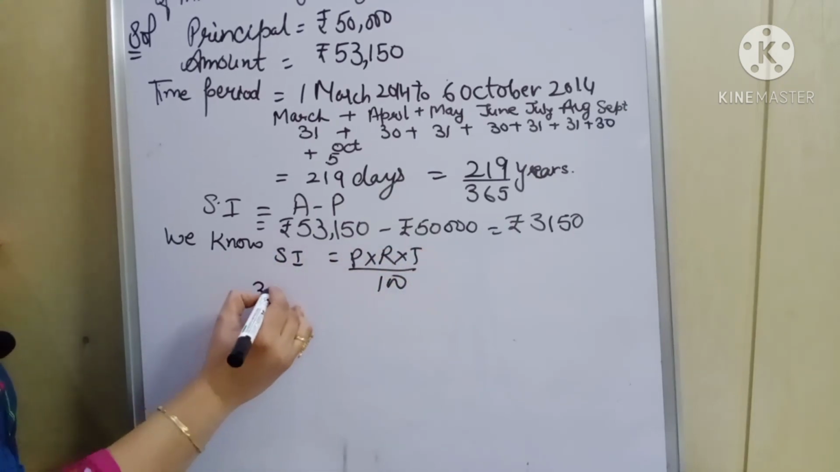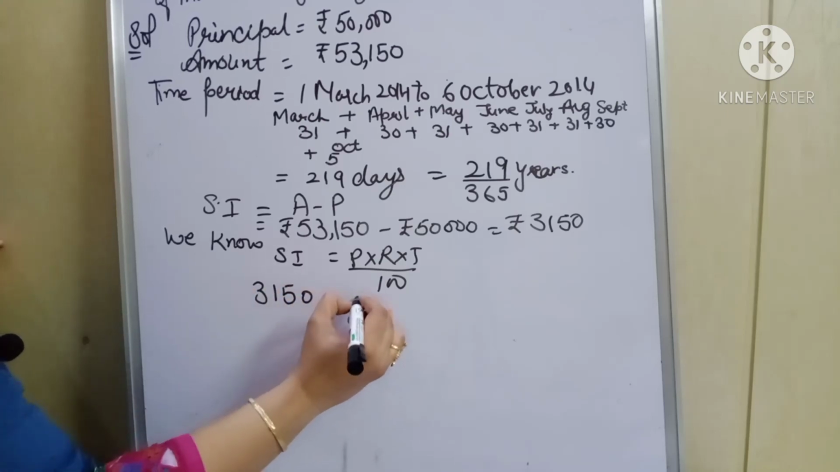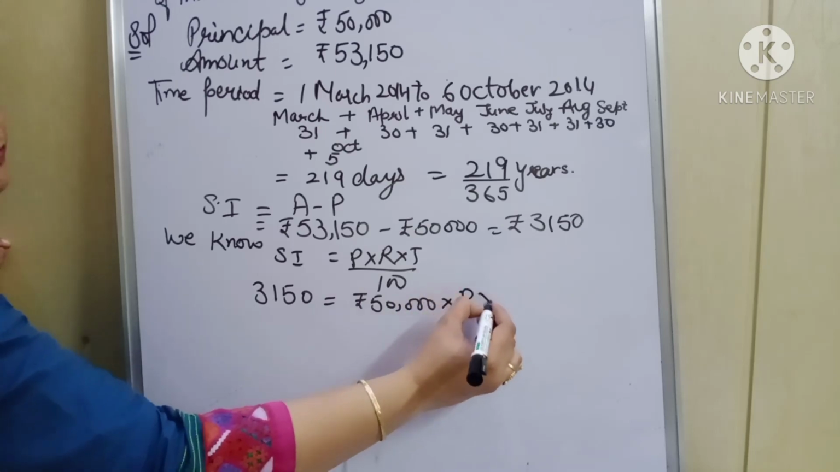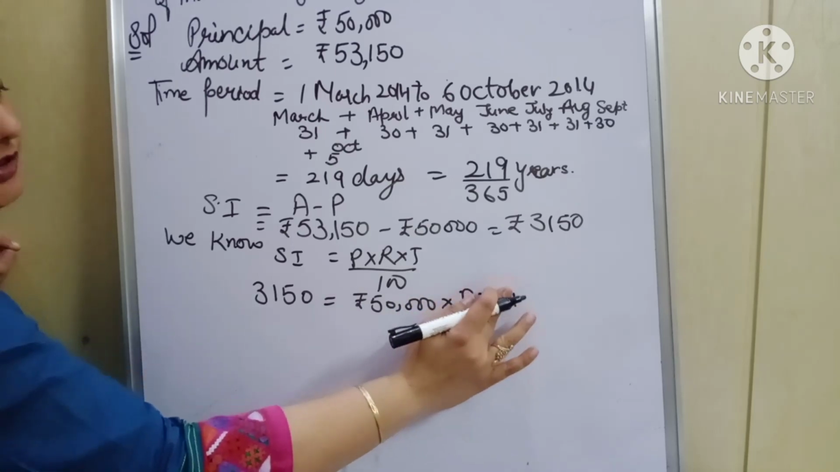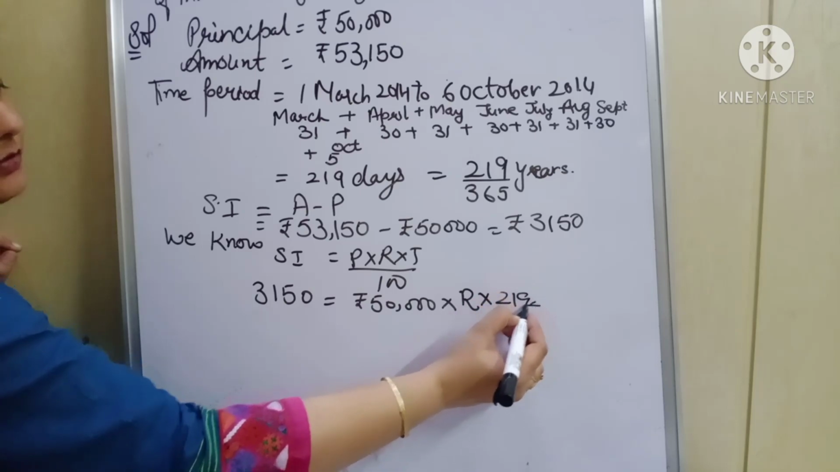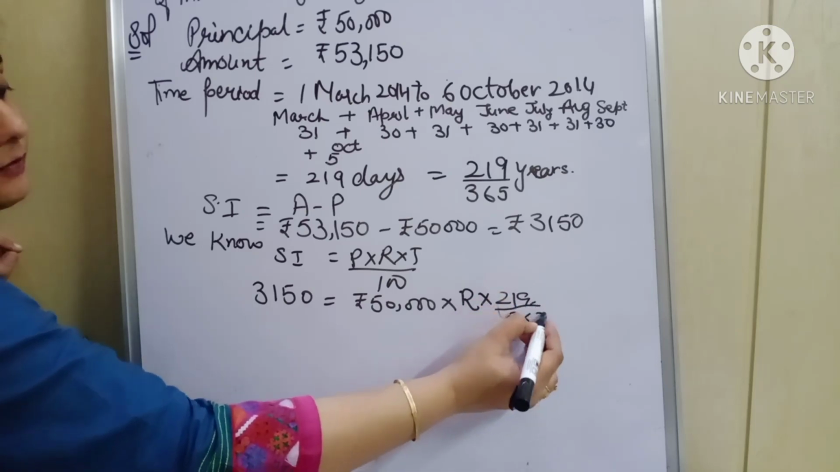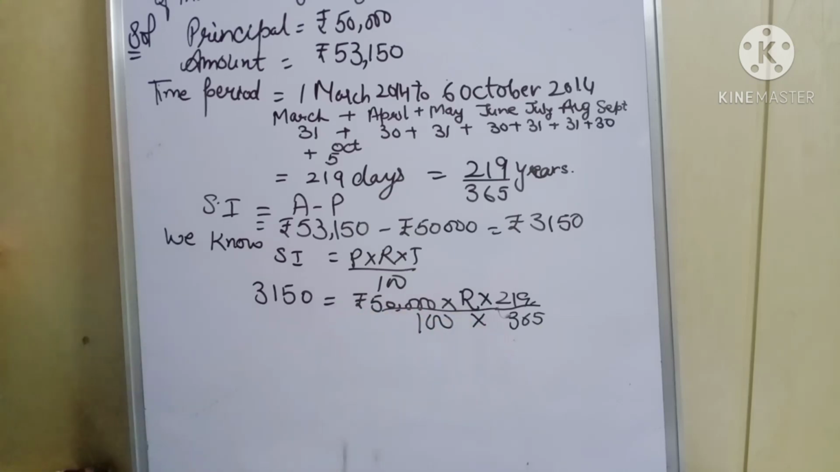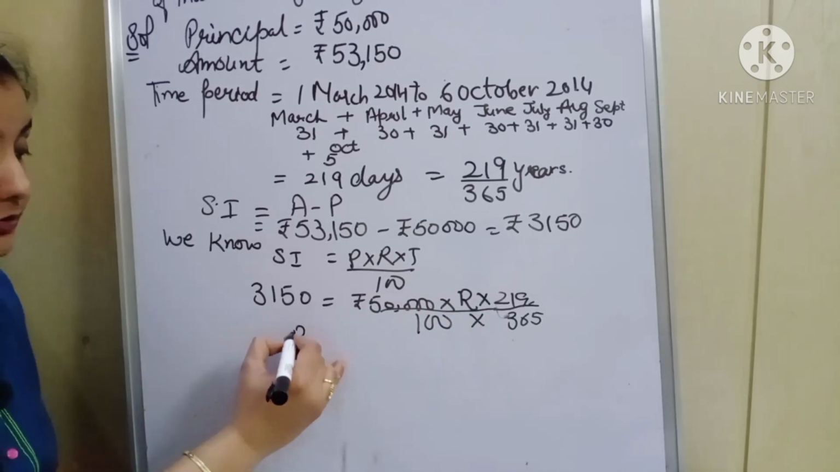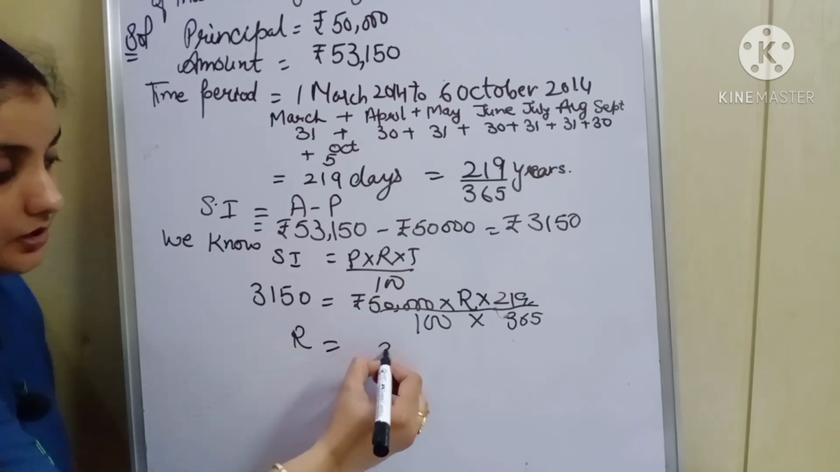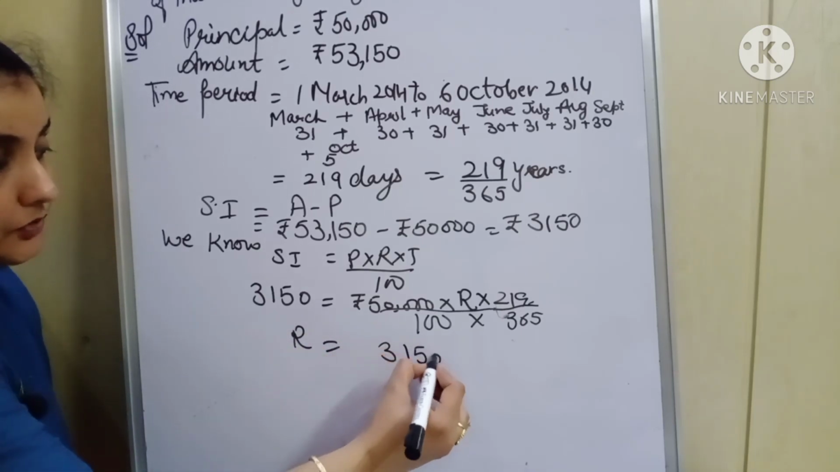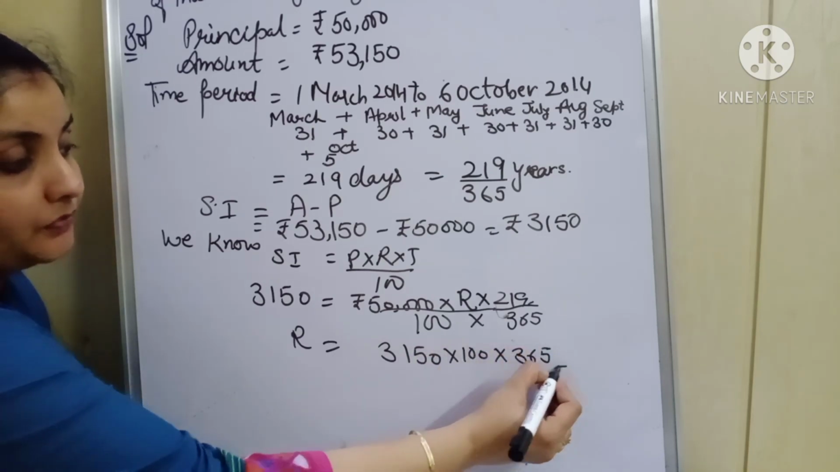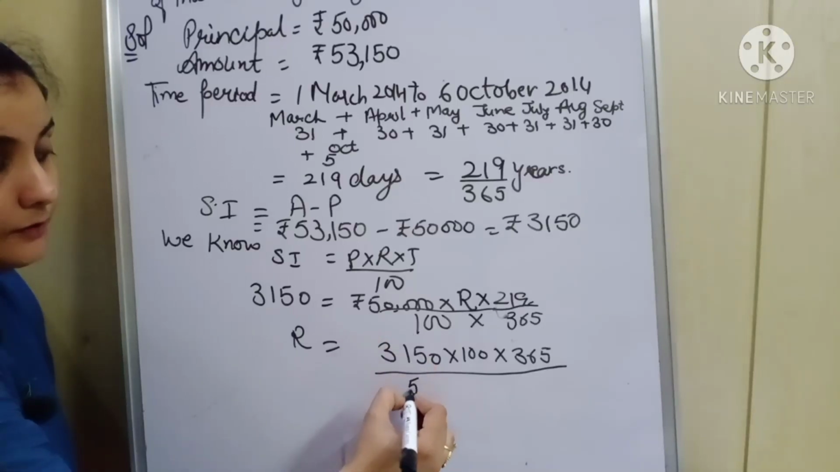Simple interest we have 3,150. Principal rupees 50,000. Rate of interest we have to find. Time period 219 by 365 upon 100. So after simplification what we are having: 3,150 multiply by 100 multiply by 365 upon 50,000